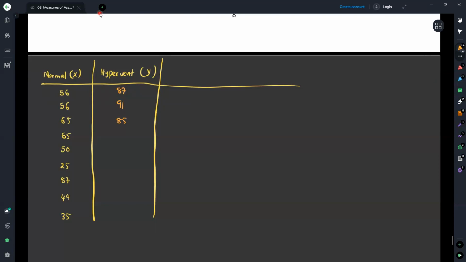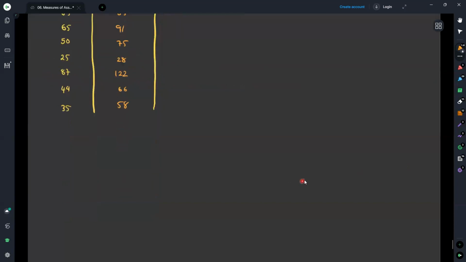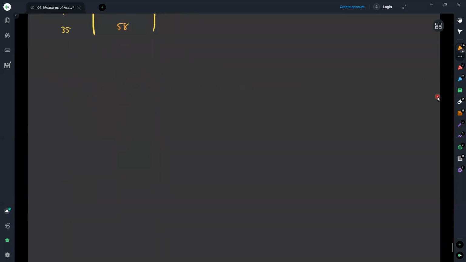Then 91, 75, 28, 122, 66, and 50. Now, these are the data provided under the normal condition and the hyperventilated condition. And if we see the equation for calculation of the Pearson's correlation coefficient, it is given as R equals